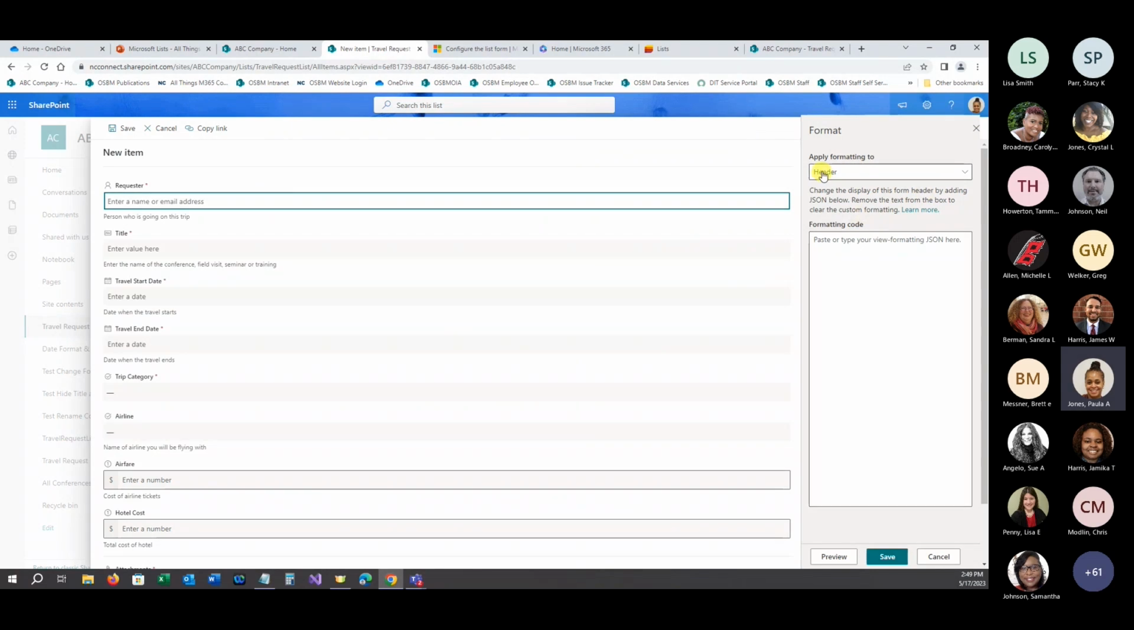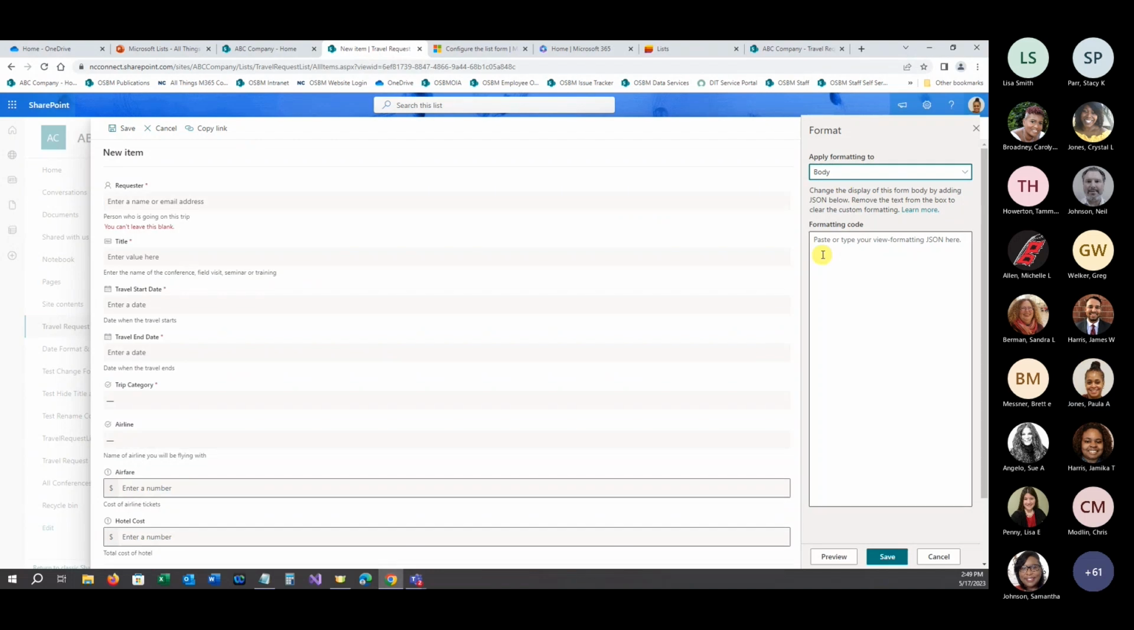Here, I could configure the header. I don't want that. I want the body. And then I'm just going to paste all that JSON code right there. And it tells you what you need to do. So you have sections here. It says, give a display name for the section. So let's see, and within those quotation marks, I'm going to enter